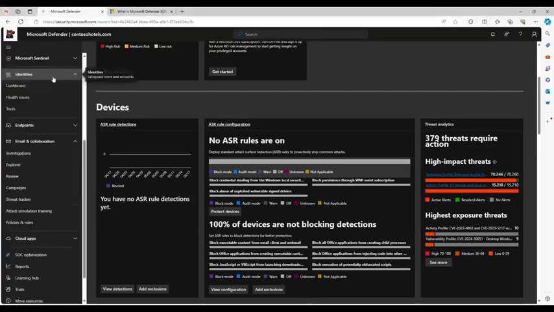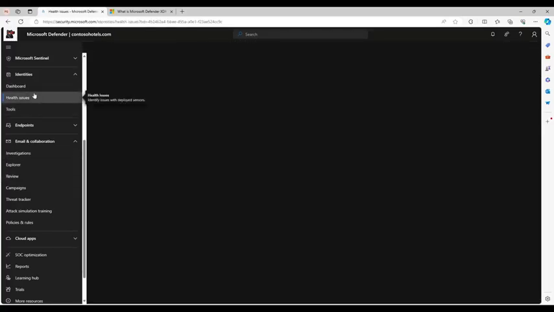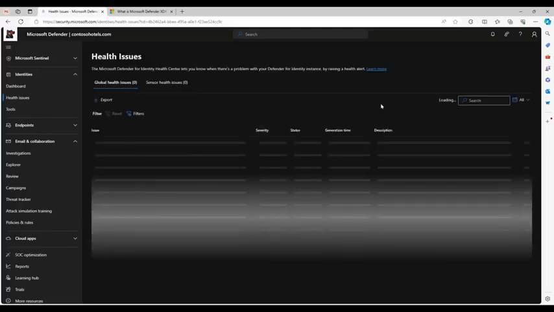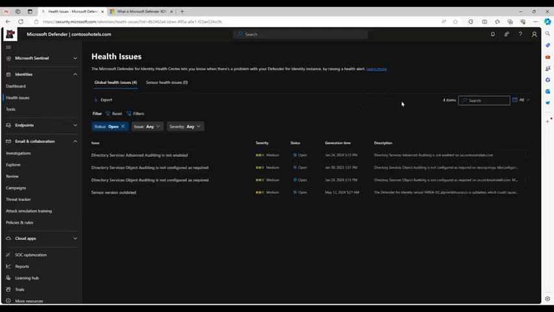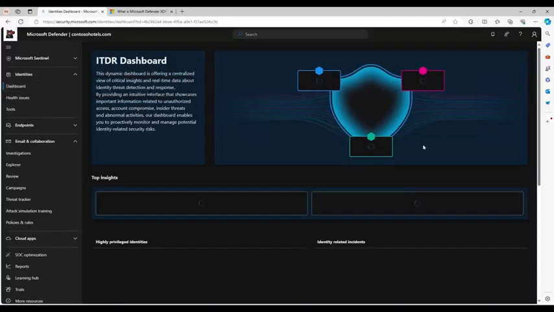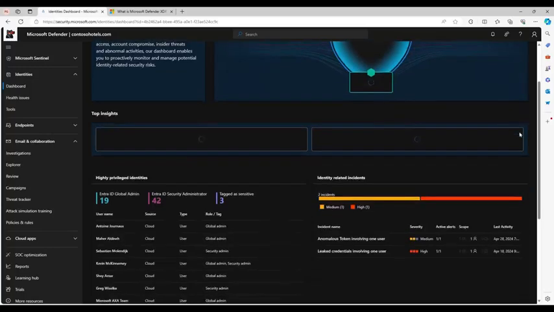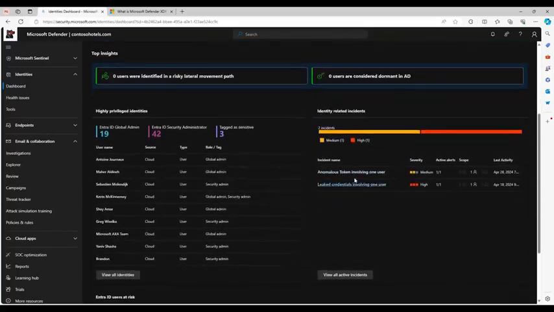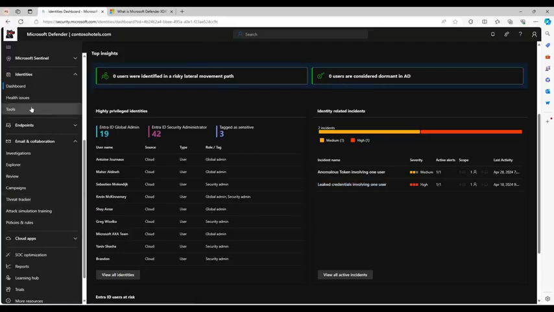If I want to look at safeguarding the users and accounts within my organization, I can look and see, is there any health issues within this particular environment. And this will give me a complete overview of what's going on inside my organization. I'll also be able to see the dashboard. So it's going to give me insights into what's happening inside the identities piece. And here you can see there's already two related incidents with regards to identity, so I can go and see them. Initially, I would have had another portal for this, but this is where XDR comes in, so we can